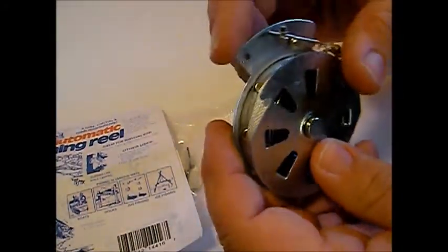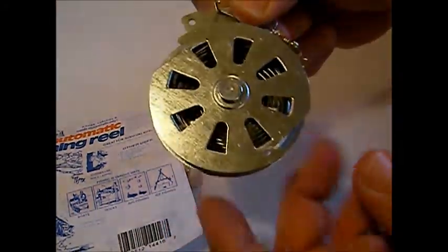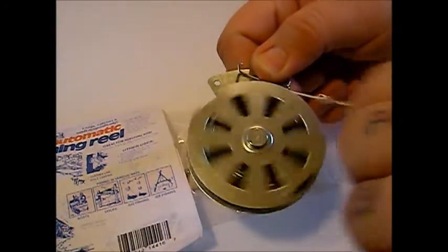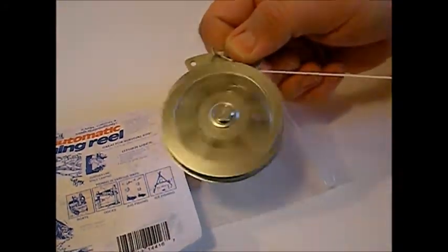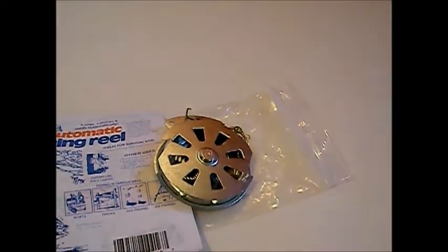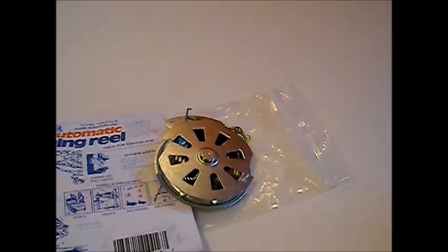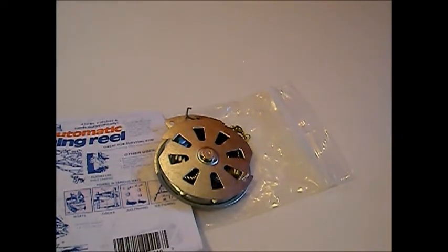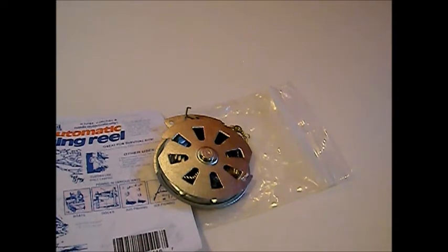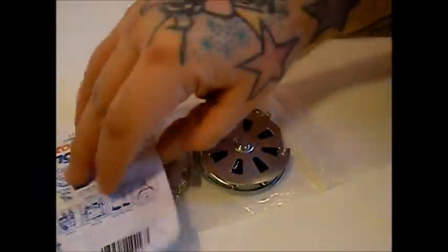They got 2 little holes in here, so you can run your string around a tree or around a limb or however you want to set this thing. I think it's going to be cool for the bug out bag, survival kit, stuff like that. But we're going to actually use 2 of them and test them out and see how well they work. Like I said, I've seen videos on them of people successfully catching fish, crab, all kinds of things on these. So we're going to test them out and see what we can catch on it. Like I said, we may do a video,